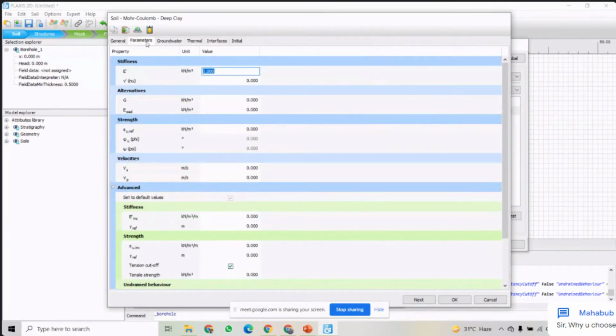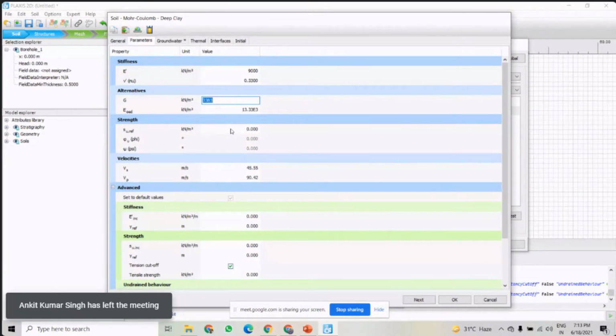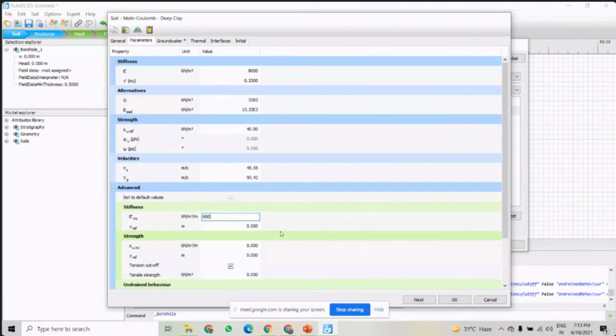In the parameters, Young's modulus will be 9 E3, and Poisson ratio will be 0.33. Undrained shear strength at reference level will be 40, and then this will be 600. Y reference will be minus 12 because this is at the depth of minus 12. And this undrained shear strength increment will be 3 here, and reference again minus 12.